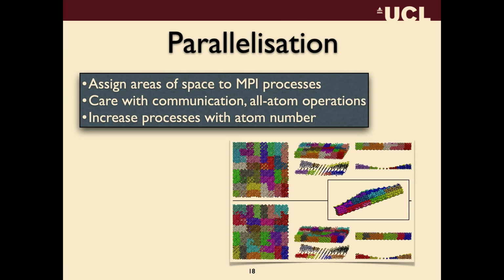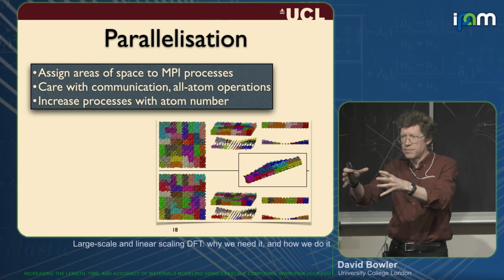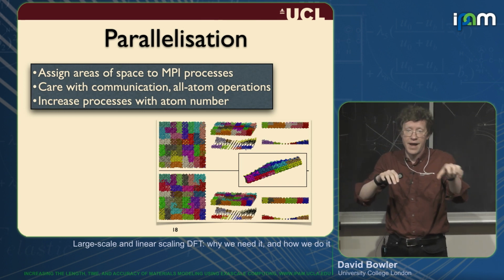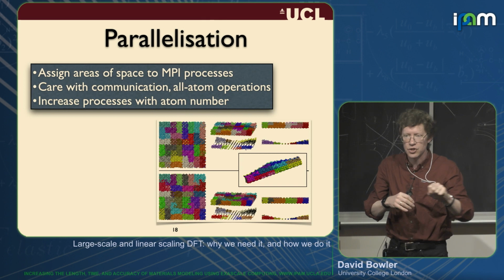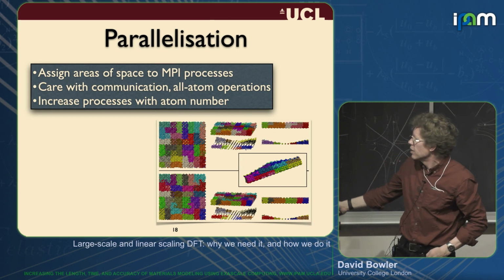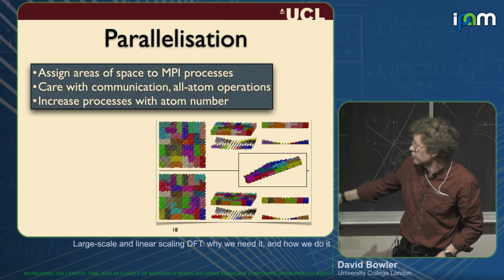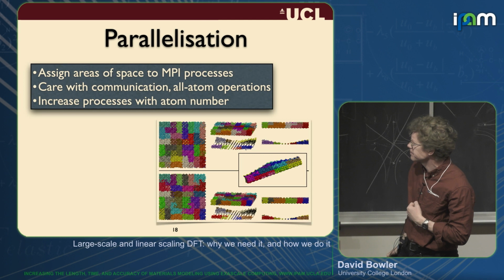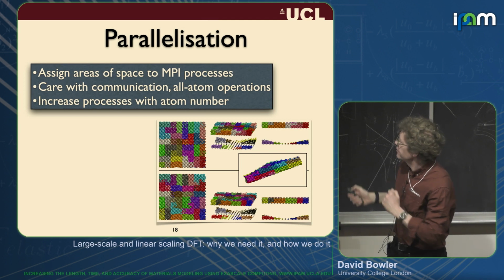How do we parallelize? Roughly speaking, we assign areas of space to MPI processes. But the way that we do this is using a space filling curve. So we divide space up into little blocks, we put a Hilbert curve, a space filling curve, through those blocks, and then we unzip it. Okay, so you're mapping the 3D space into a 1D space, and then we just chop up that one-dimensional line so that you've got the same number of atoms in each segment, and those are then assigned to different processes, and we then try and assign the same areas of the integration grid to the areas where the atoms are to reduce communications. So that's roughly speaking all I'm going to say.